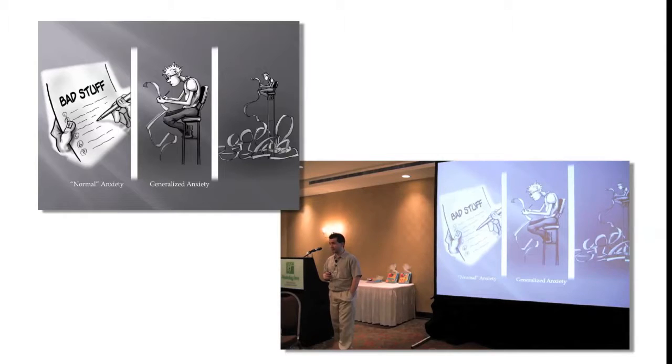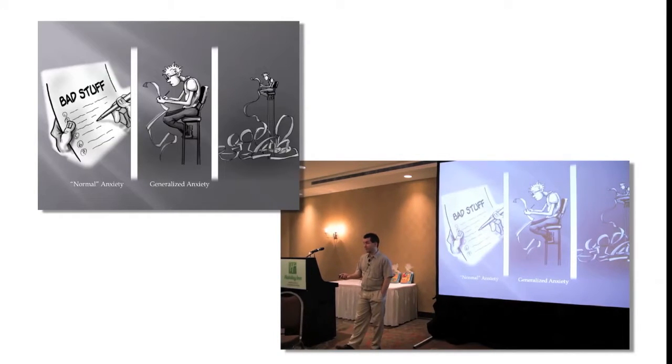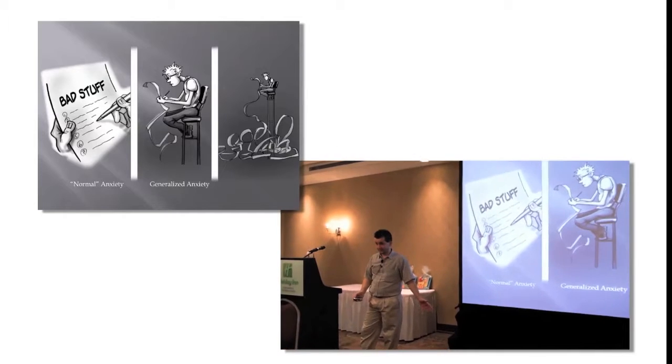Whether it be specific or whether it be generalized, when it's generalized anxiety, the problem is that everything is like that, not just very specific things. And as they get older and they start experiencing more and more of the world and they realize there's so much more bad things out there, the list of things that Bob needs to watch for, needs to compare against, gets bigger and bigger and bigger and bigger and can become exhausting.